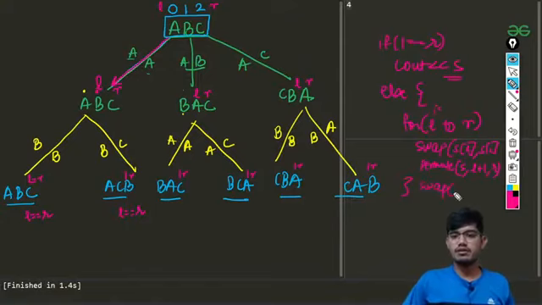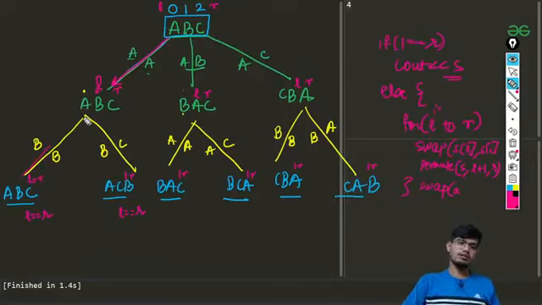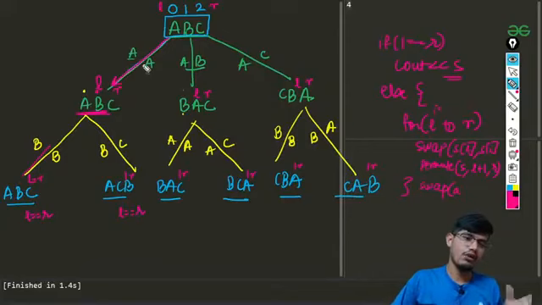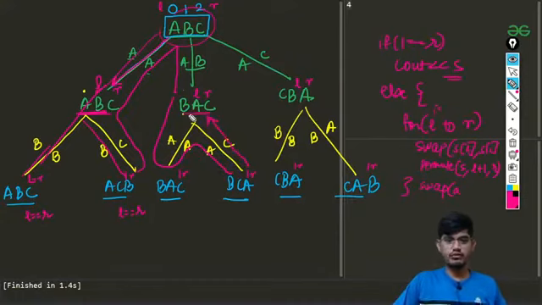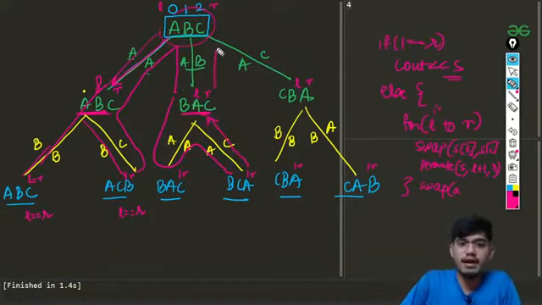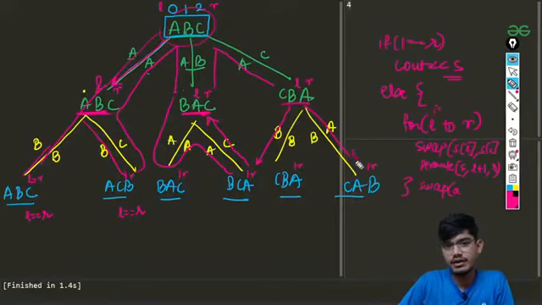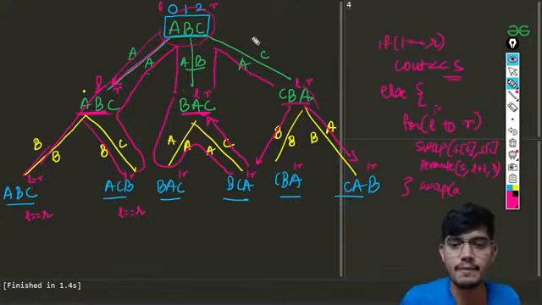Then I'll be swapping again for the backtracking, because once we are done with this, we want this string to get back to its earlier position. So basically how the flow will be: it will start from here, it will go here, it will go here, it will go here. Okay, then it should come back to this position, then again it will be doing this part, then it will go here, then it should get the position BAC, then go back up, then again it will be forming CBA, then it will be getting CAB, and then again going back, and it will be just finishing up here. Okay, so that is there.